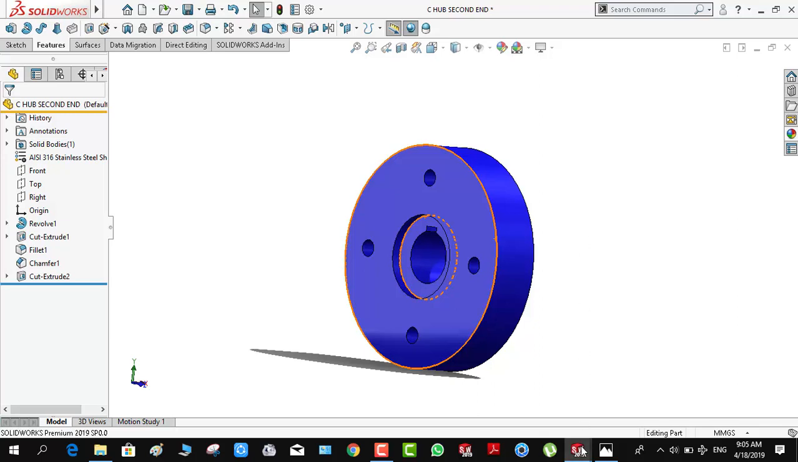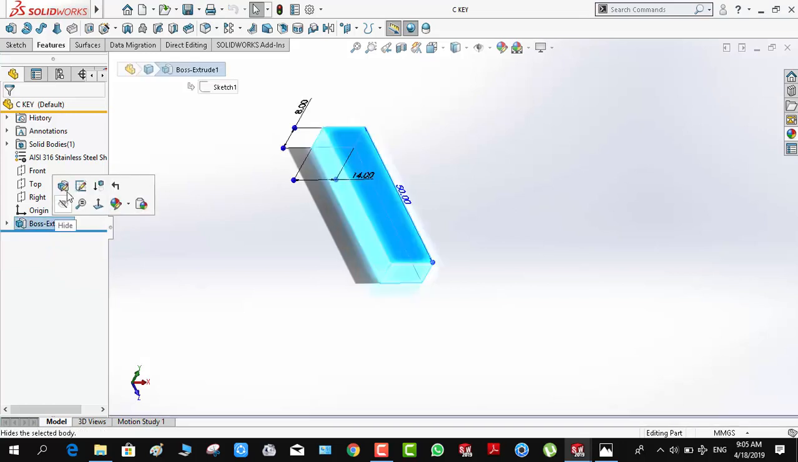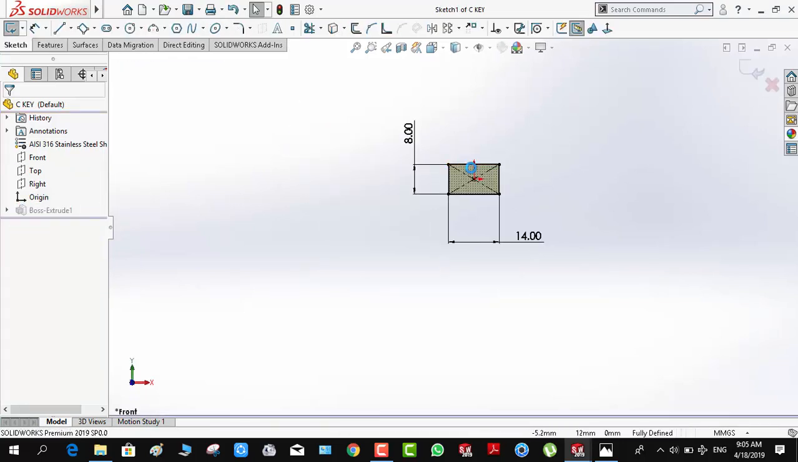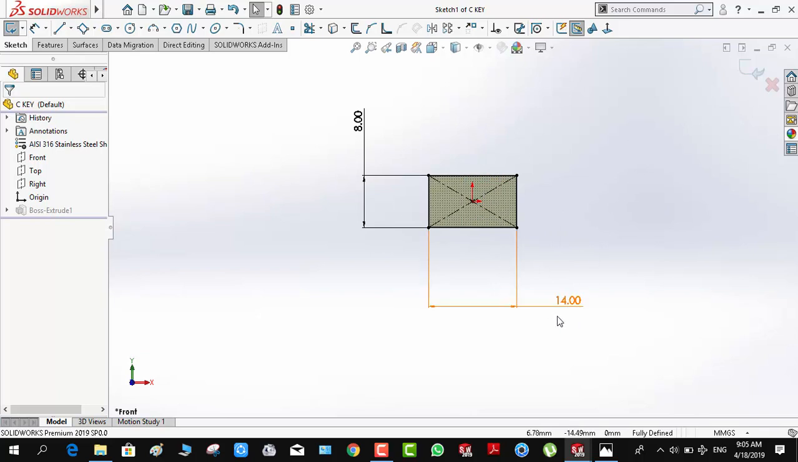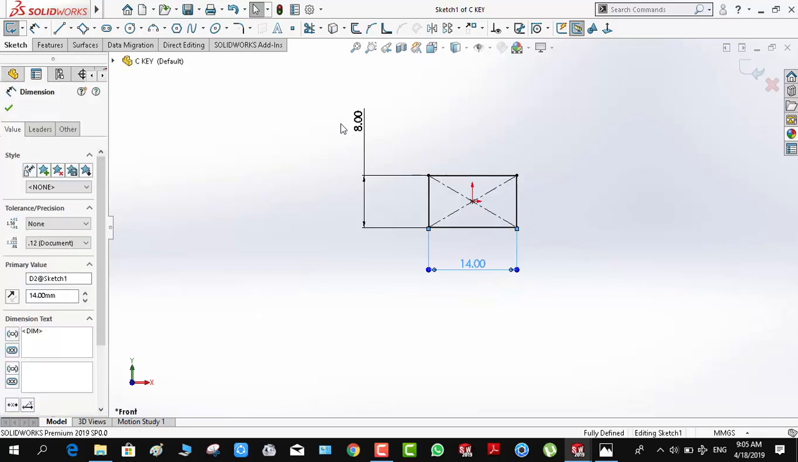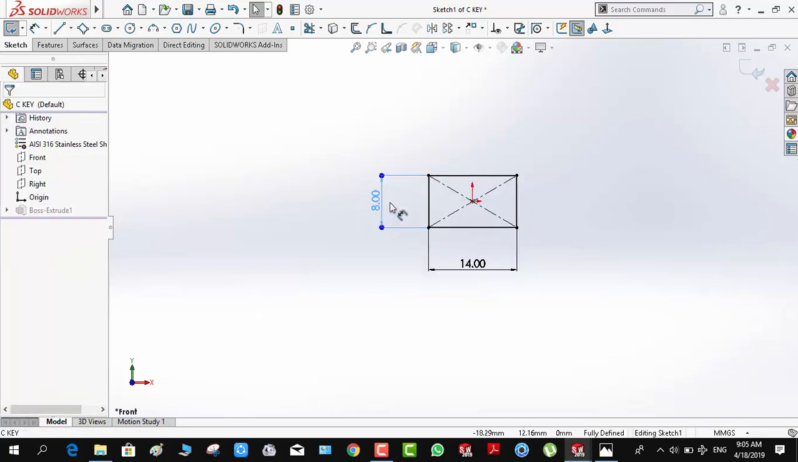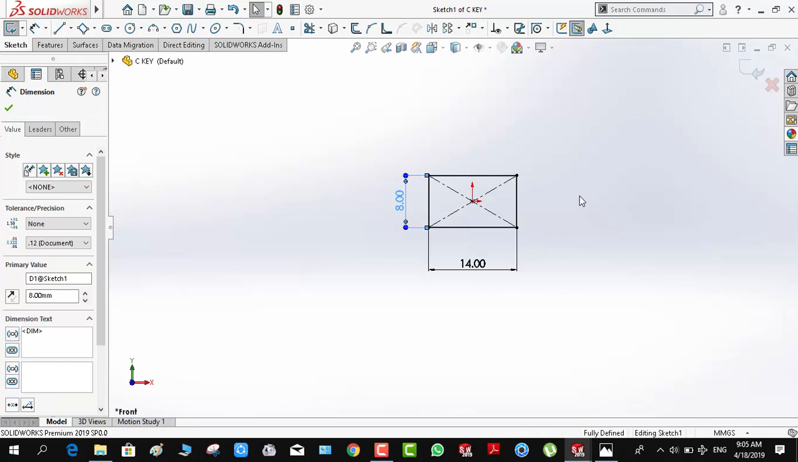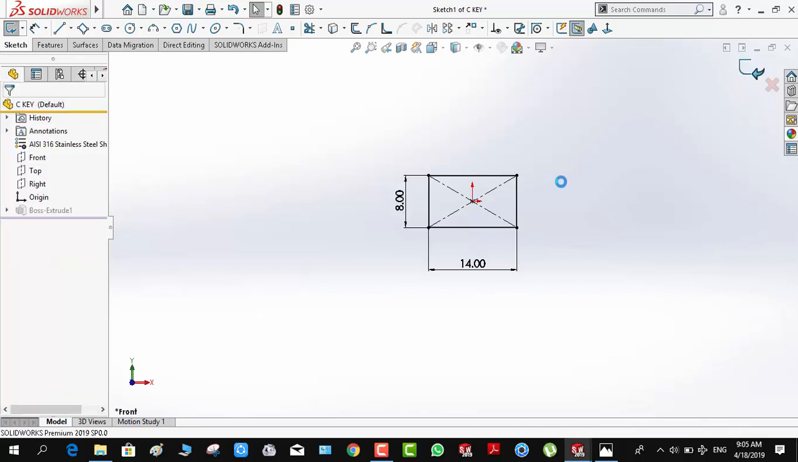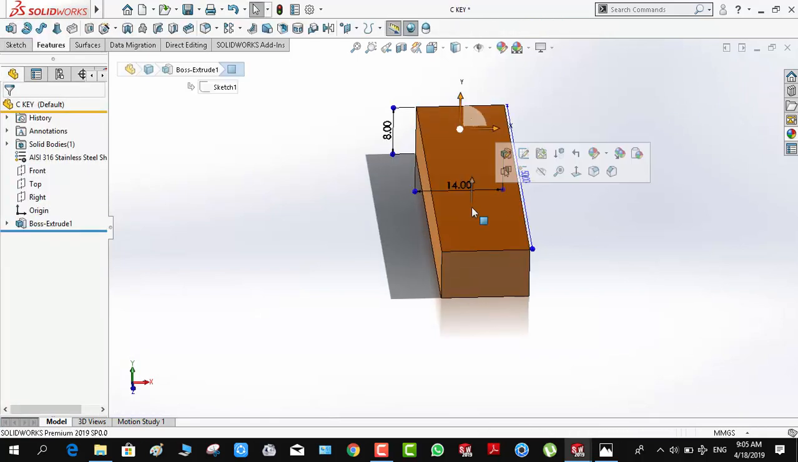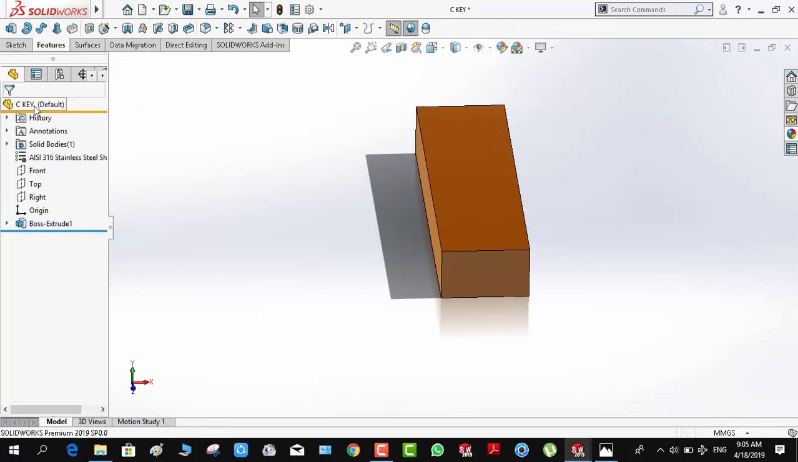Let's move to the third part, our key, with one feature and with a sketch with dimensions equal to 4 multiplied by 8 millimeter. Okay, and give it an appearance. Then we saved it with the name CK. C refers to coupling. Okay,